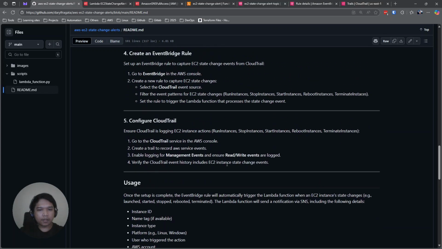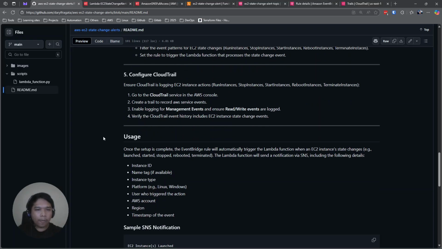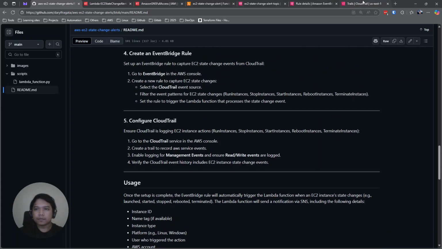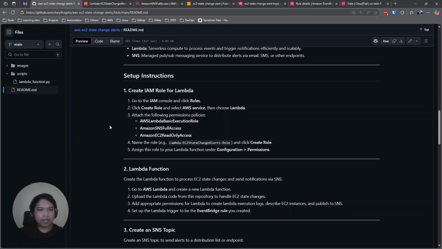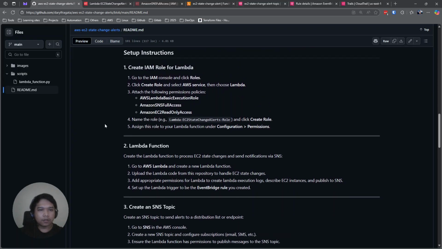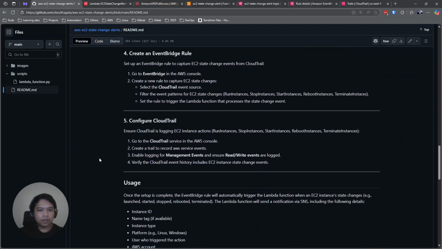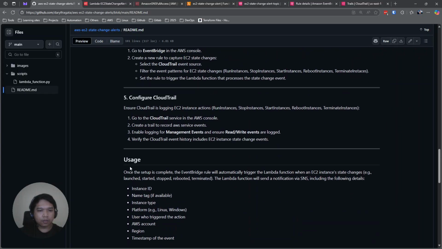Okay, so verify the CloudTrail. We can verify that later. I think we're good now; we completed the setup for 5 steps. The next one is the usage.